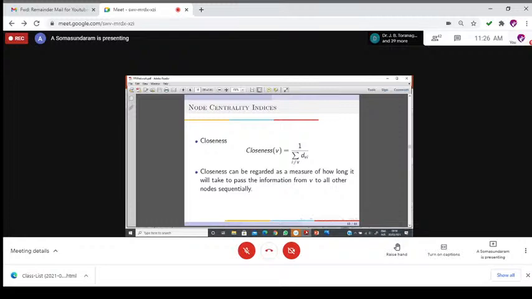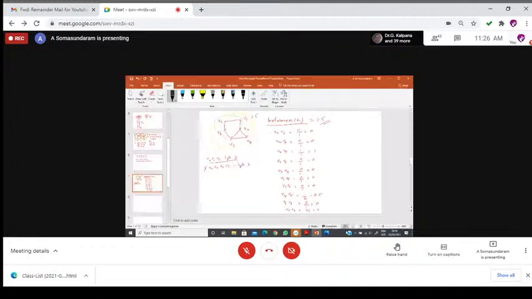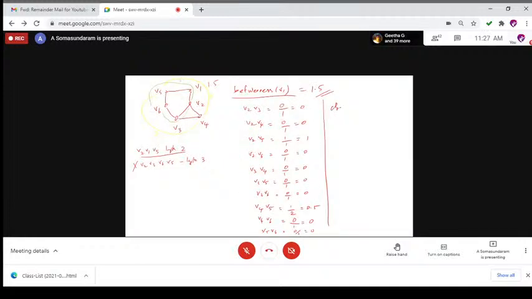Shall we quickly see one example? Take this same graph and find closeness for V1. So what will be the closeness? We want the length of the shortest path between the node and all other nodes. So from V1 to V2, we have 1. So V1 we are finding, right? So V1 to